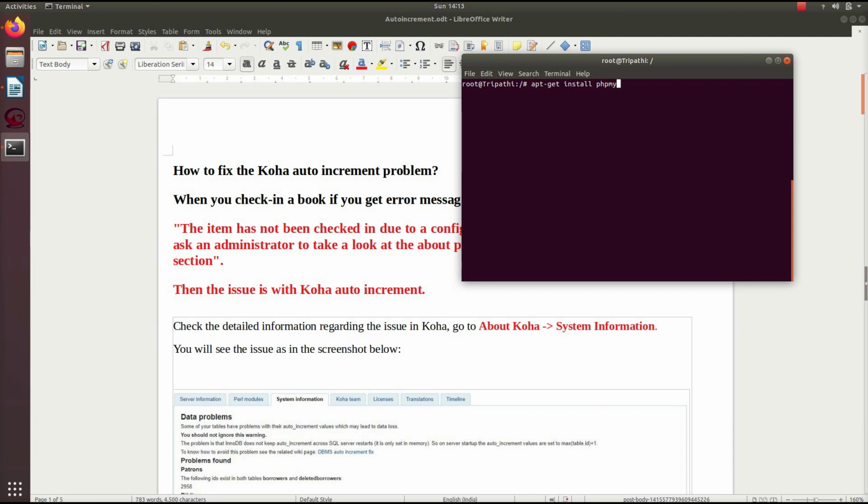In order to install phpMyAdmin, open the terminal, log in with root, and then give the command apt-get install phpmyadmin. When you hit enter, it will collect the information from the internet, the repository, and it will install. Be careful. I'll discuss in another video what difficulties you may face while installing phpMyAdmin, but I am also mentioning here what problems you can face.